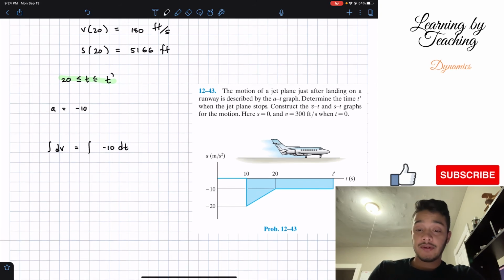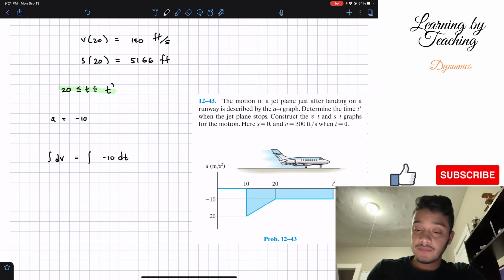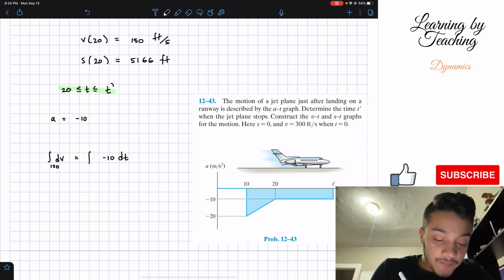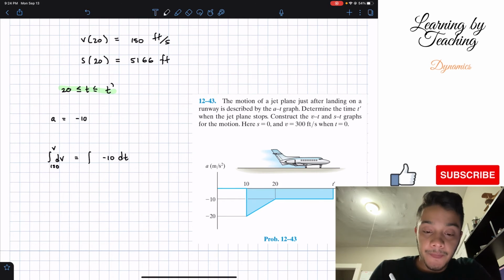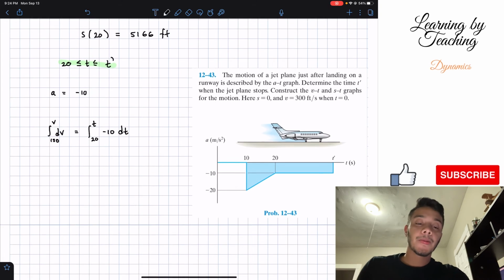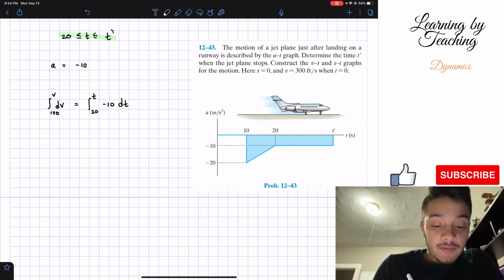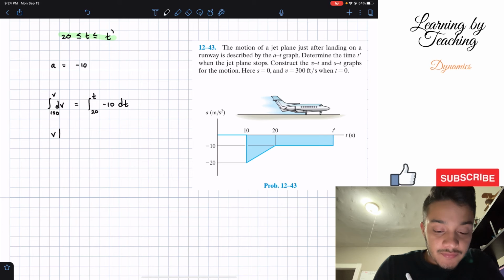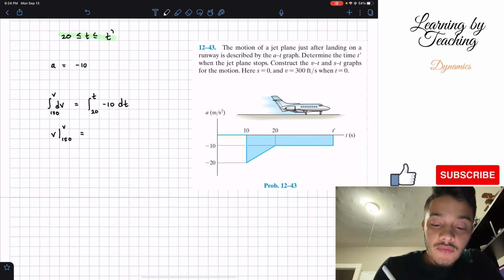We're just missing our boundary or initial conditions, which for our velocity is 150 all the way to our final velocity, and our time starts at 20 seconds and it ends at a time interval that we don't know yet. We're just gonna call it t. Okay, if we solve the integral on our left, we have v evaluated from 150 all the way to v, and this is going to be equal to -10t, evaluated from 20 all the way to